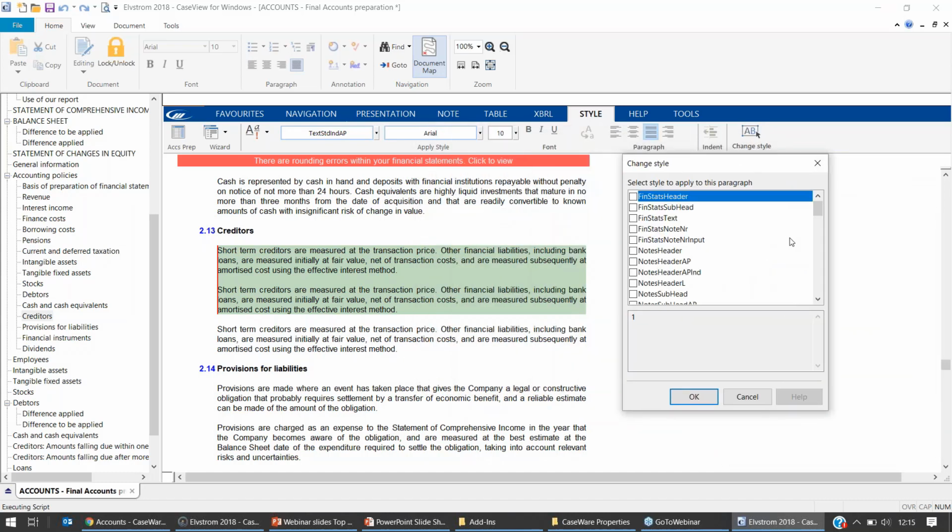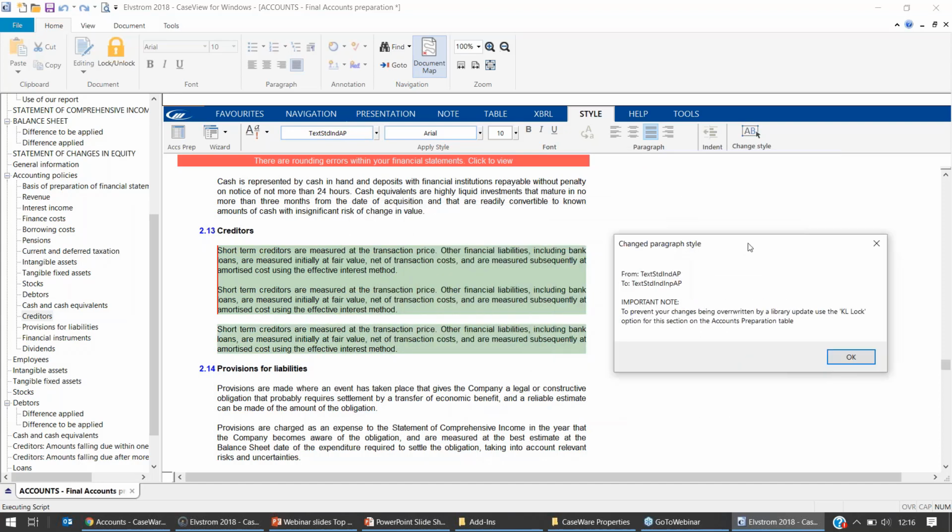Now CaseWare works in a very similar way to Word, in that we set styles up to make sure we get lots of consistency throughout the accounts document. As you scroll down, you'll see there's quite a few styles in it. The clue here is that we'll see a box with a tick in it. That says text standard indented accounting policy. What we want to do is change this now. If we go down 2 rows, we can see text STD, IND, IMP accounting policy. The IMP there stands for input. So if I tick that box here and select OK,